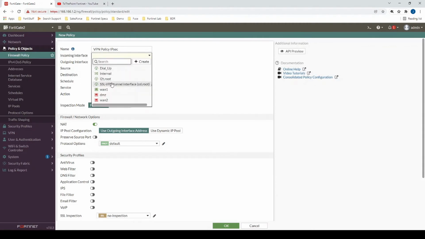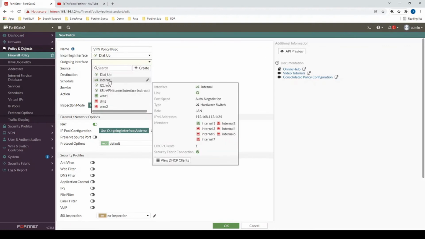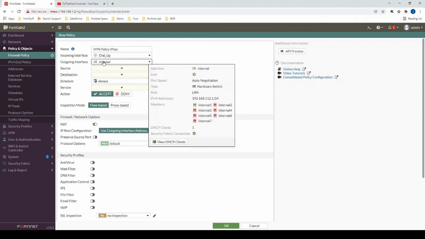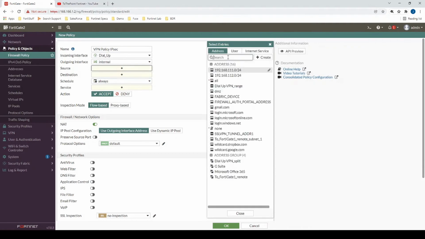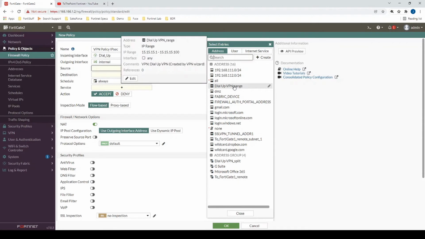All right, the incoming interface will be the tunnel interface that we just created called dial_up. And then we want to be able to provide access to our internal network, which is 192.168.112.1. In this case, we'll specify the source as the dial-up VPN range, which is